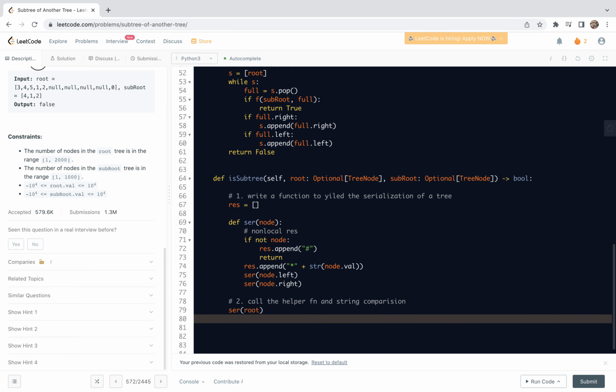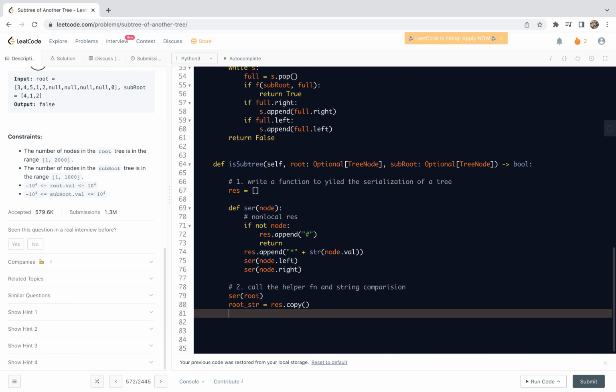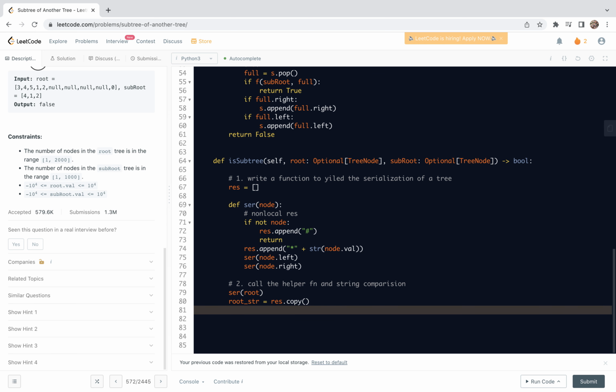Then we are going to get a string; let's give it a name, root string. We need a result copy. Let's do this, and then we are going to clear the result